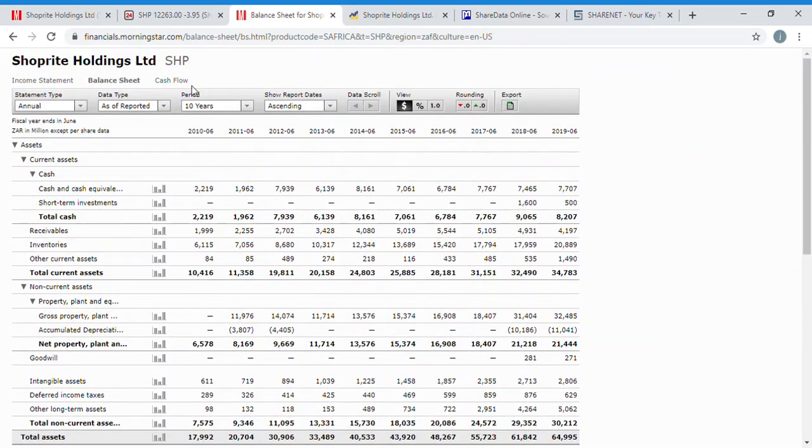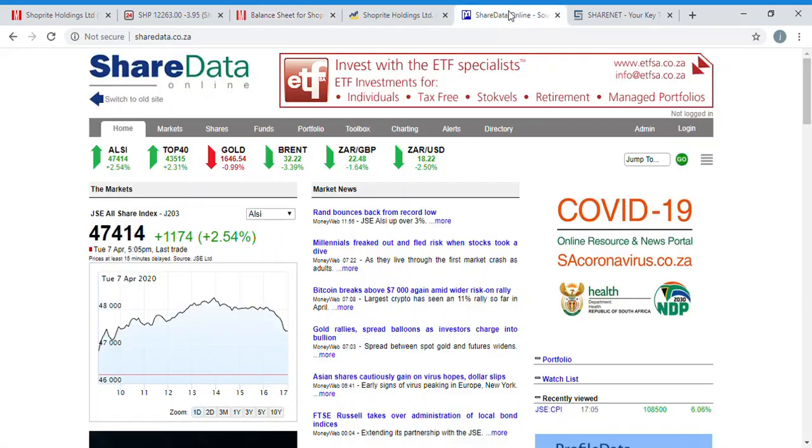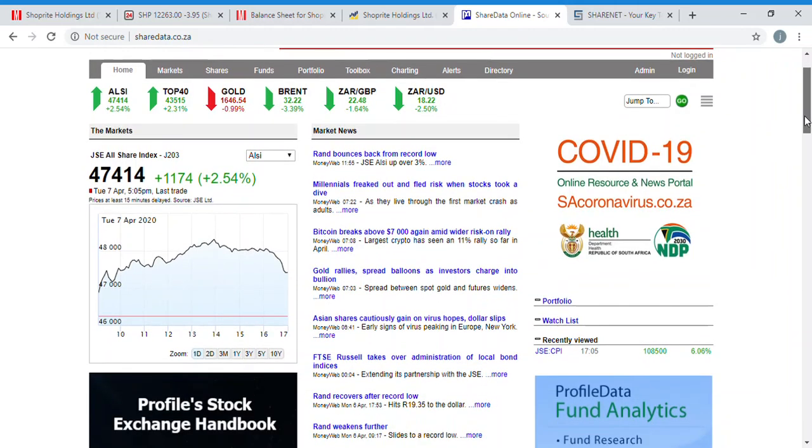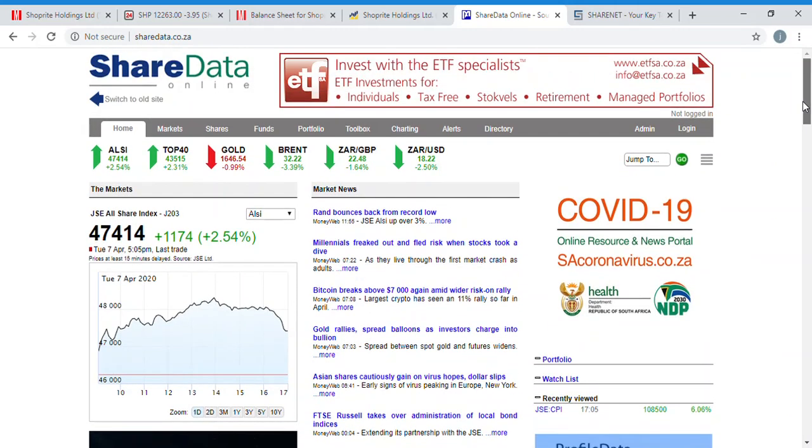Yes, then you can go to the cash flow statement from there. And let's lastly go to my favorite one. So this is share data, a little bit more like